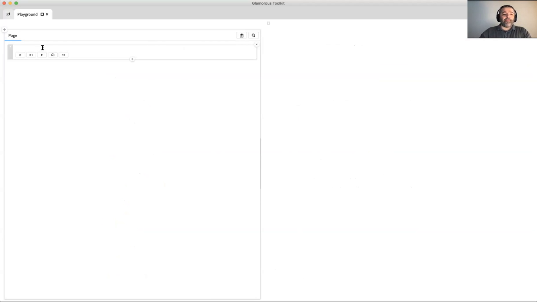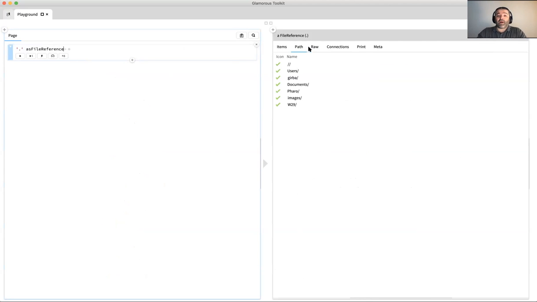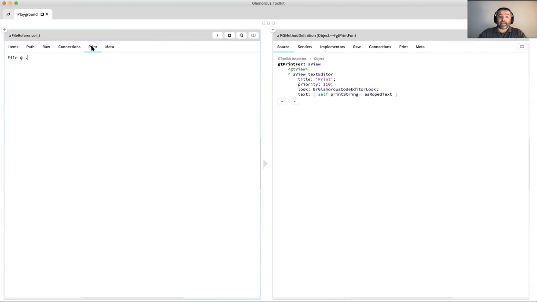So let's go back here and say we go to the file reference again. If I inspect that one, I want to see how this print over here, which does nothing else but print string of that object, is implemented. So if I alt click there, so I just pressed alt and I clicked on print, what happened here is now I get an object which says this is the method definition. So this is like a meta object that represents a method in the system,